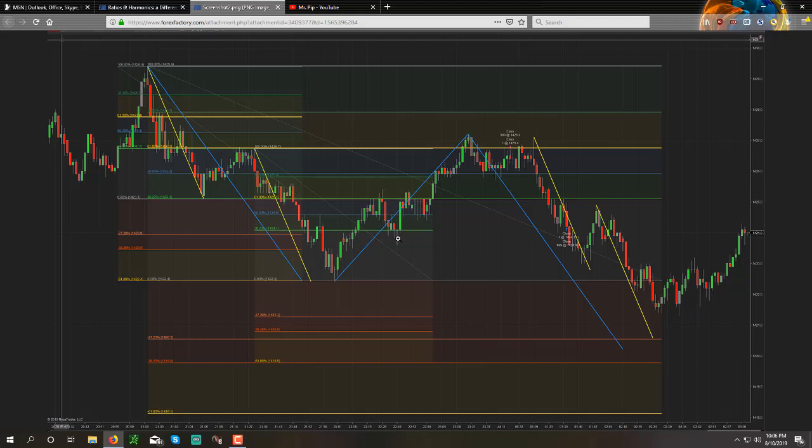You also have an ABCD correction here, completion here, where the second leg extended slightly longer than the first one, giving you a completion point here and a nice rotation to the downside. We'll speak about rotation shortly. But now what are you looking for? You're telling yourself that this achieved a blue order flow deeper correction. That may or may not be the case because we don't know this. We also know that if we were to play devil's advocate and we have a properly formatted order flow here and we have an expectation for that, we're looking for longs.